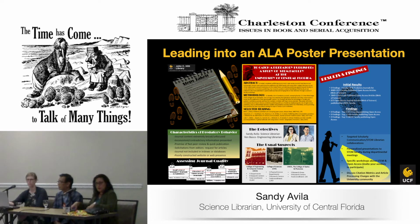their call for posters. So Ben and I put together a poster. I know it's hard to see, it's kind of like a film noir poster, but the title is To Catch a Predatory Publisher, a survey of STEM faculty at the University of Central Florida. We took Web of Science and looked at certain journals that were on the list, and then we took our faculty from the colleges, which are the College of Engineering and Computer Science, the College of Optics and Photonics, and the College of Sciences, the 3 colleges that the 2 of us serve. With our initial analysis, we're lucky that UCF and the STEM people did not have any issues,